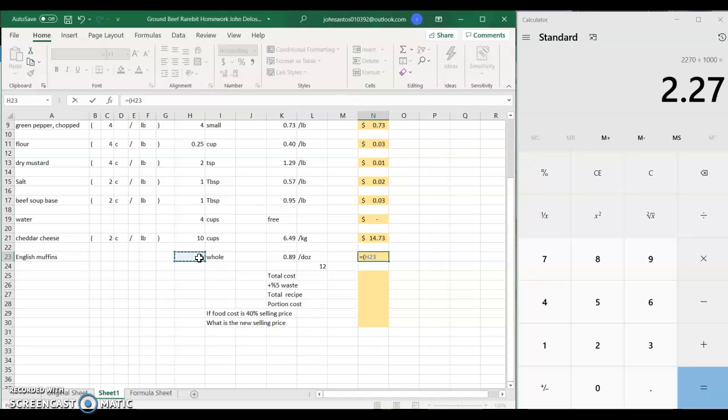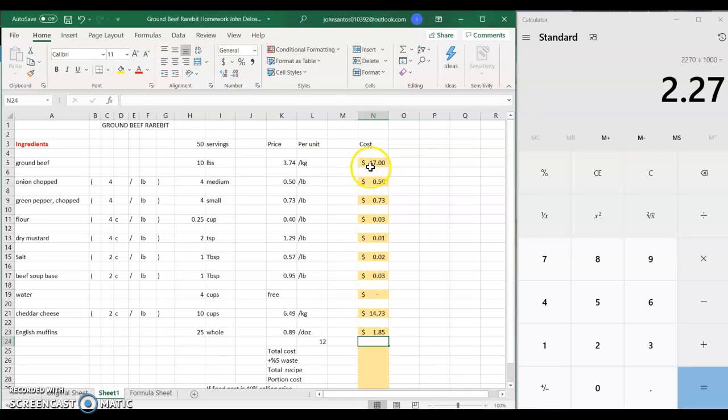So 1 dozen will be equal to 12 pieces of whole English muffins. So we have to divide 25 by 12, close parenthesis, multiply it by the price per dozen, which is 89 cents, and that will give you 1.85. And for us to get the total cost,